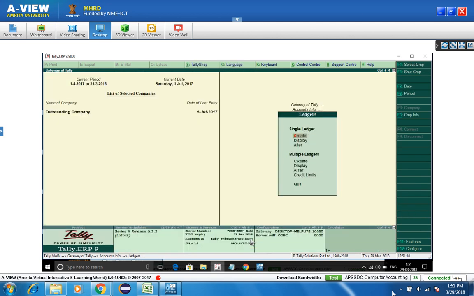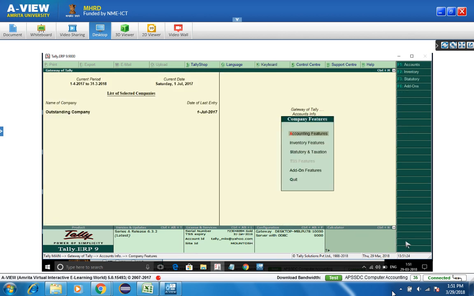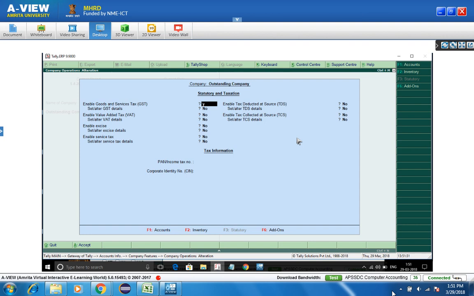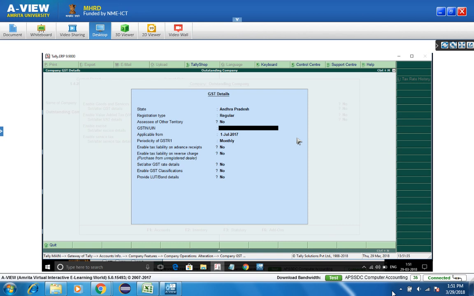And here in the outstanding, we have not enabled GST for this company. So we will enable GST for this, F11, F3, enable GST, set the GST applicable yes, Andhra Pradesh company, then it will be one